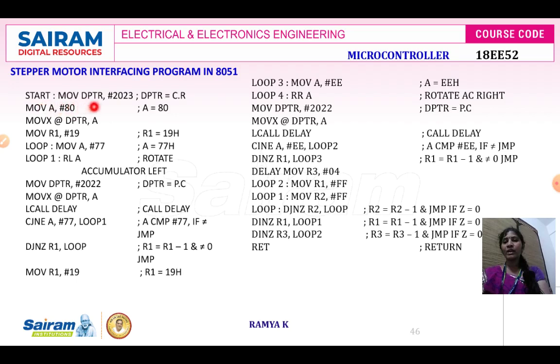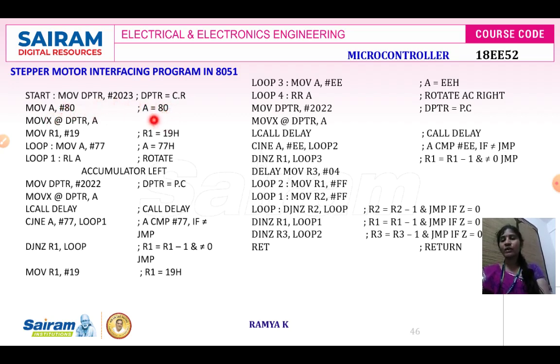Then MOV A, #80H. Why we are moving 80 is because we need to understand what control word has been formed. So the control word here is simple IO mode. All the ports, port A, port B, port C are going to act as IO ports, and we are going to operate in the input IO mode of operation. So this represents your control word. So the control word register is loaded with the data 80H.